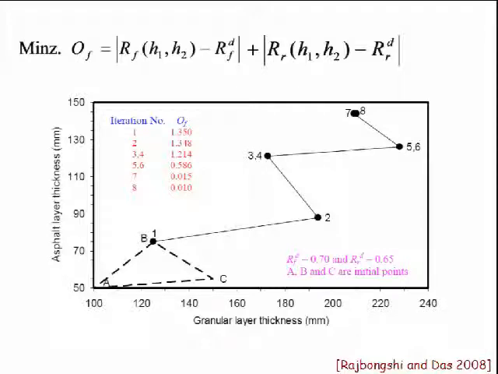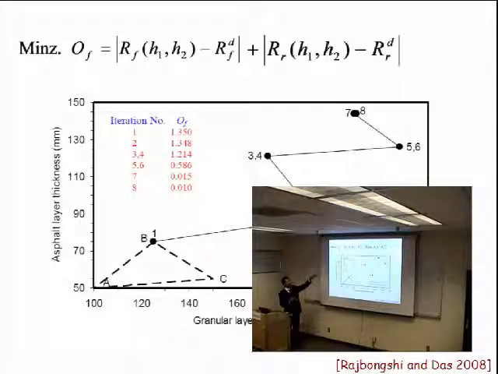So it becomes a very cumbersome operation, where you have to keep looking for all the points, and you have to do a simulation considering the variability of all the points, and then find out reliability, and then you are not happy with the reliability value because you wanted to achieve a different reliability, and switch to the next point and keep doing it. So this would be a good idea to employ some kind of an optimization technique where the optimization function can be simply defined as this: the reliability of the fatigue, which is a function of H1 and H2, minus the reliability of the design fatigue which I wanted to achieve, the mod of that. This is the simplest way.